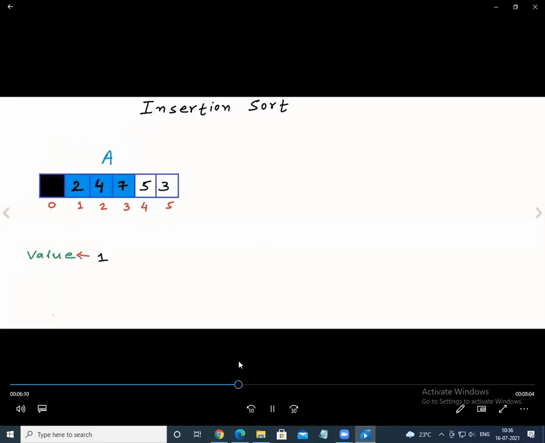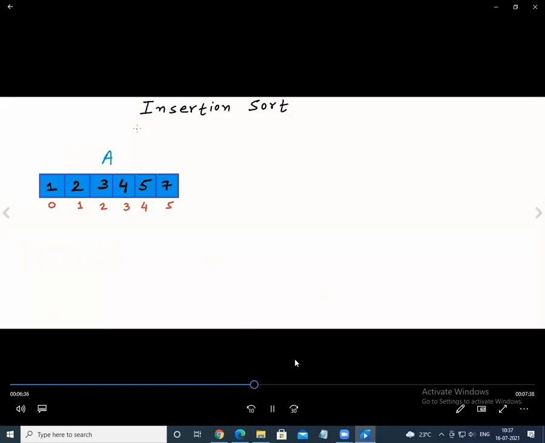See what is happening from here. If you have not understood, once again, 1 will come here. Now it is time to compare 5. So 5 is eliminated, and 5 will be compared with 7. Again 3, so altogether 3 will shift from here till here. This is the way it works.